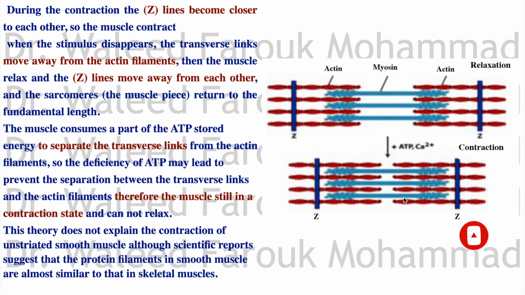معناها ان المصل هتفضل في contraction state. Okay? This theory applies, yes, okay, to the striated muscles, but it does not apply to the unstriated muscles, which means the smooth muscles. Although the smooth muscles also contain the protein filaments actin and myosin، لكن زي ما قلت لكم في المحاضرة اللي فاتت انه ما بيبقوش مترتبين على هيئة شرايط مضيئة وشرايط دارك مظلمة. فهمتوا قصدي ازاي؟ ما بيبقوش واخدين عاملين الستريشنز اللي موجودة characteristic of skeletal muscle. Okay,